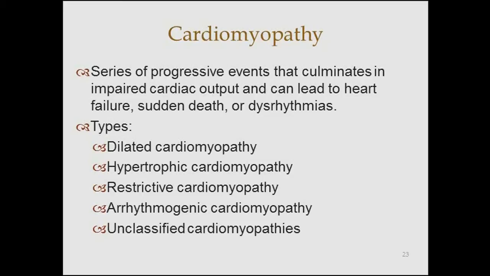The hypertrophic kind, a lot of times you will see that from hypertension, some genetic disorders that will cause a thickening of the walls of that chamber. The restrictive type is when those chambers become very stiff and the ventricle or the chamber just cannot move, can't pump adequately. So you can see it can be from all kinds of different causes,